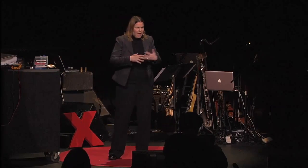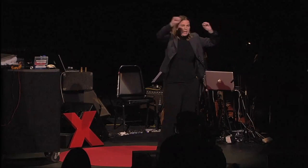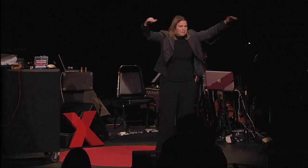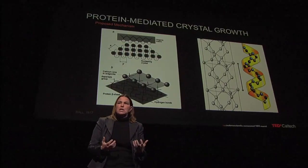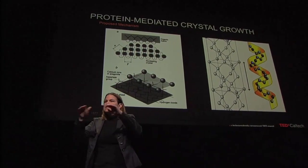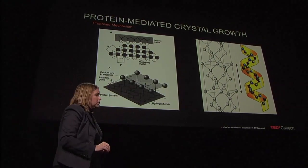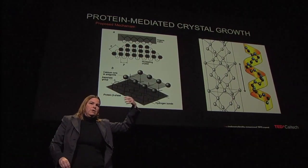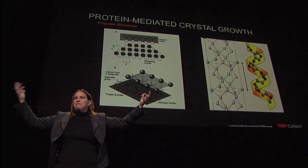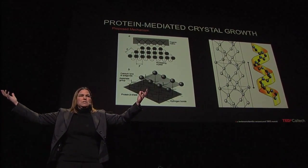Now, going back to the abalone, it makes this shell by having these proteins. These proteins are very negatively charged, and it can pull calcium out of the environment, put down a layer of calcium and then carbonate, calcium and carbonate. It has the chemical sequences of amino acids which says, this is how to build the structure. Here's the DNA sequence, here's the protein sequence in order to do it. And so an interesting idea is, what if you could take any material that you wanted or any element on the periodic table and find its corresponding DNA sequence that coded for a corresponding protein sequence to build a